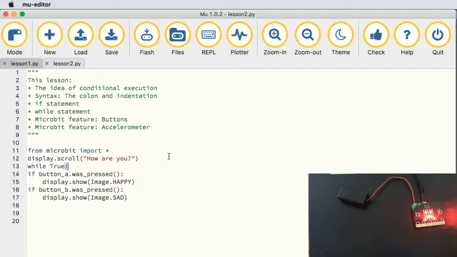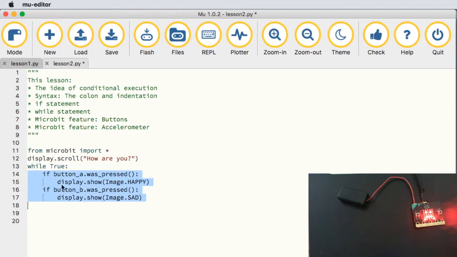The part that I want to happen inside this while loop is defined by what is indented after a colon. And at the moment, I have not indented anything here. I actually want all of this to happen continuously. So I'm going to highlight all of these lines and hit my little tab button and push them all in one level of indentation. And so while this is true, I want everything that's at this extra level of indentation